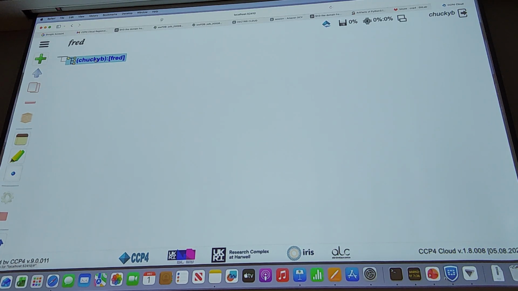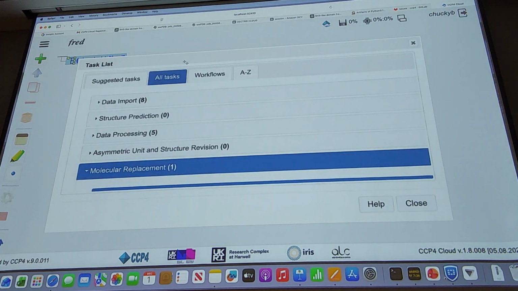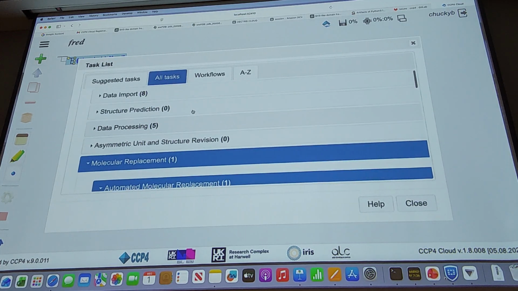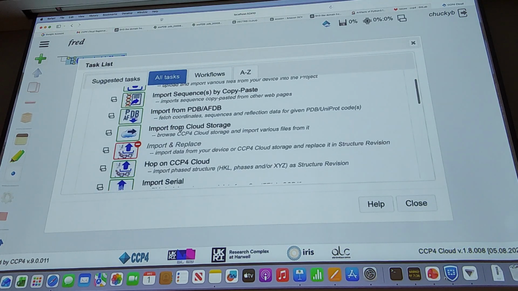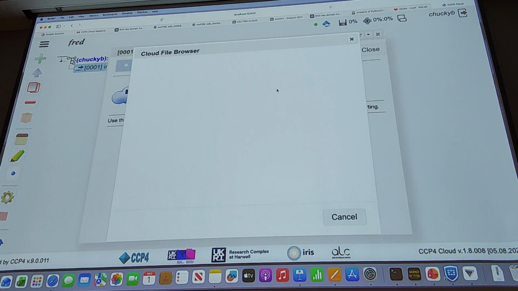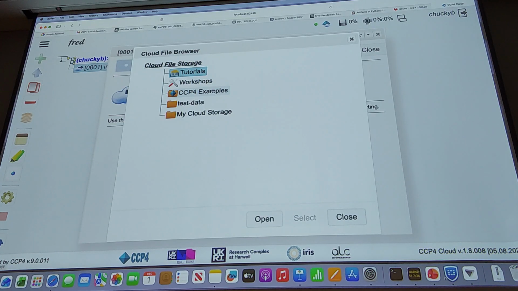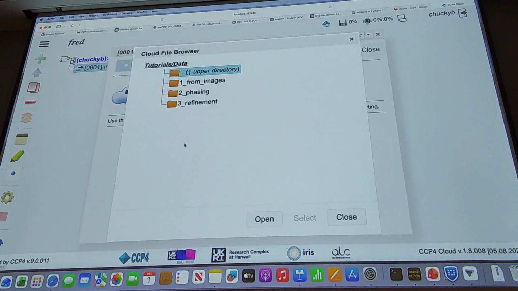Okay, I'm going to import some data from this CCP4 Cloud, so a data import. I can import from cloud storage, which then allows me to browse information that's already on our server and upload that. So if I was to click on tutorials and some of the data,